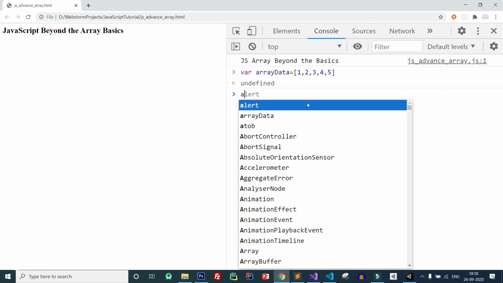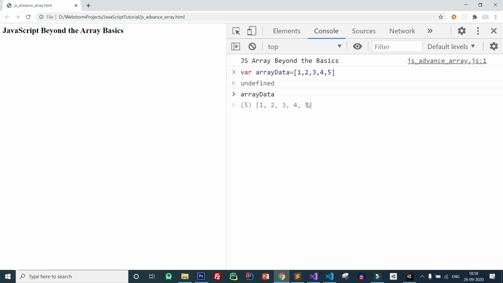If you want to print the value, you can access the value of array data. So here in this topic I am starting everything from basic to advanced topics of arrays in JavaScript. So first my simple example is how to create an array. In this way you can create a simple array and you can print the array value also.